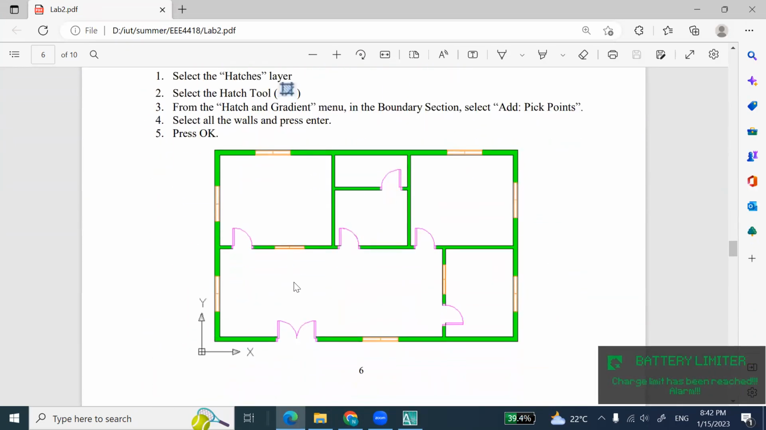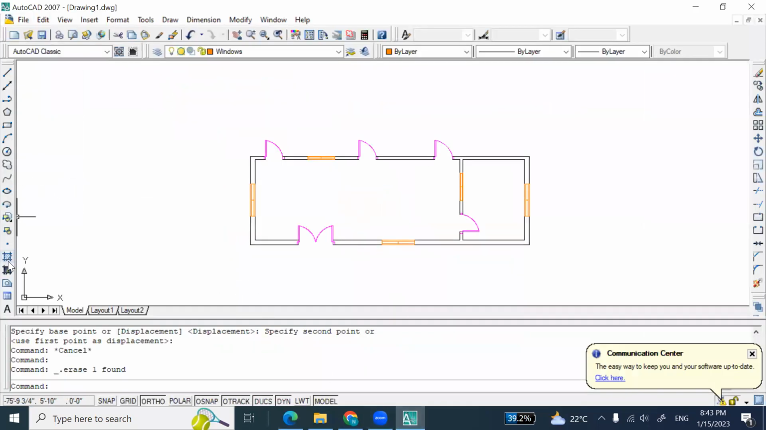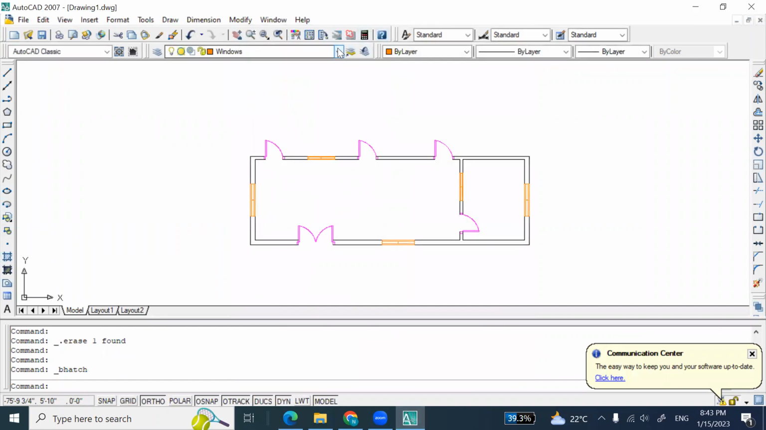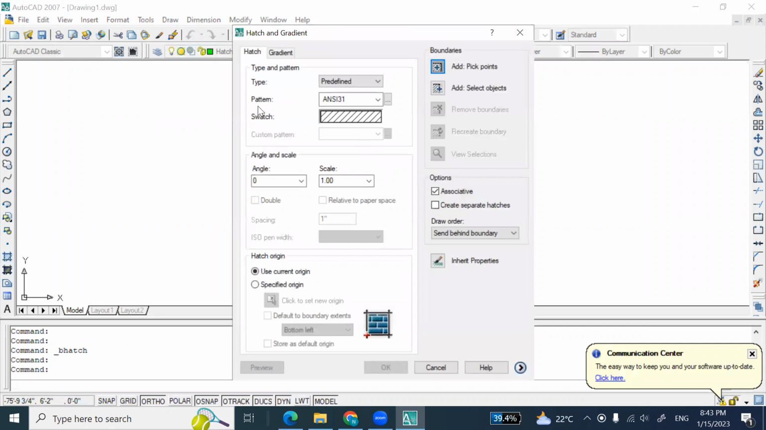Next step is hatches. Hatches means you want to make these walls a different color. Like here these are green because we have set the color of the hatches layer to green. So here you can see the hatches option. Click on this. Before that you need to go to the hatches layer, then hatch, then